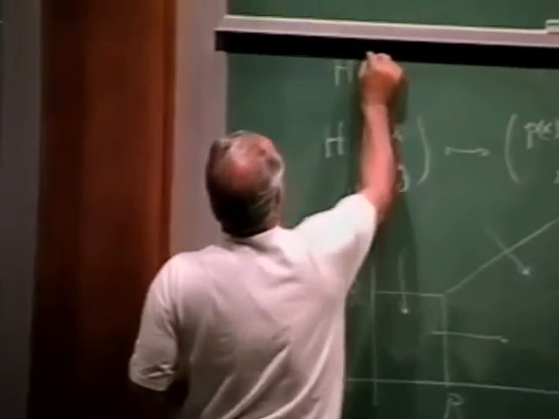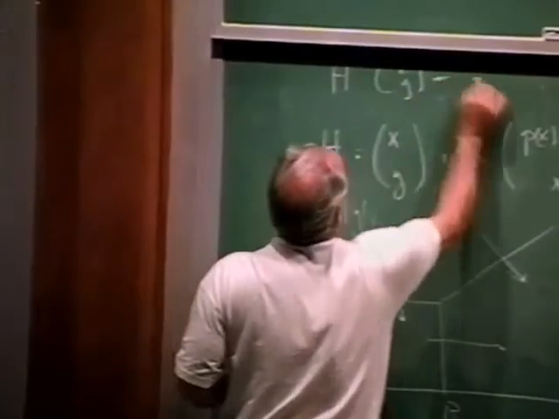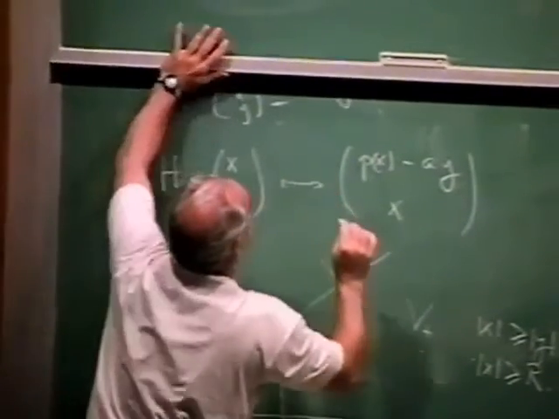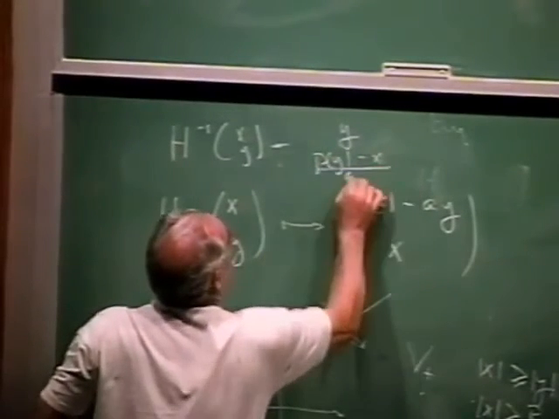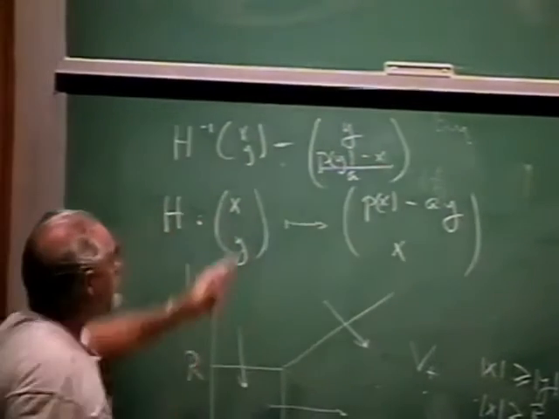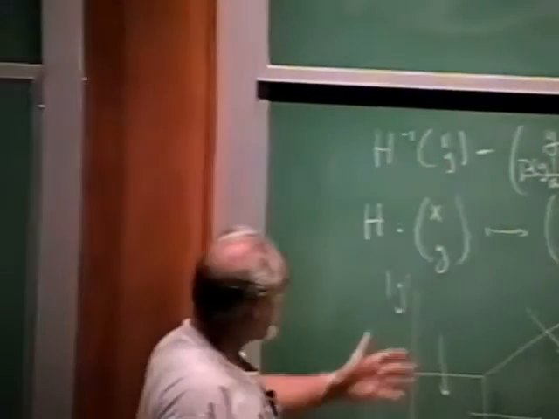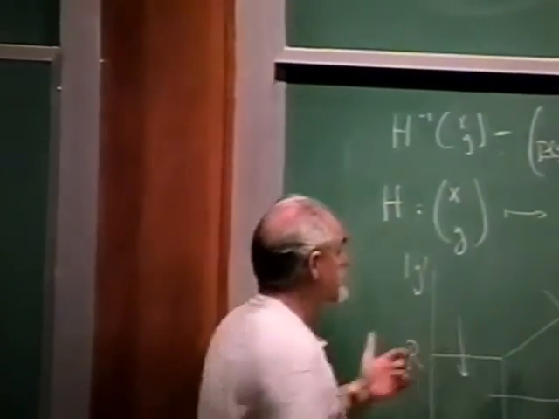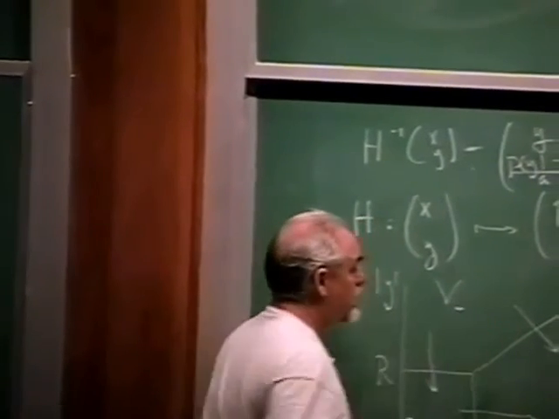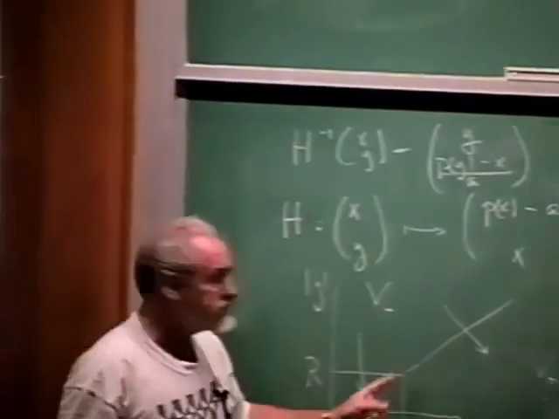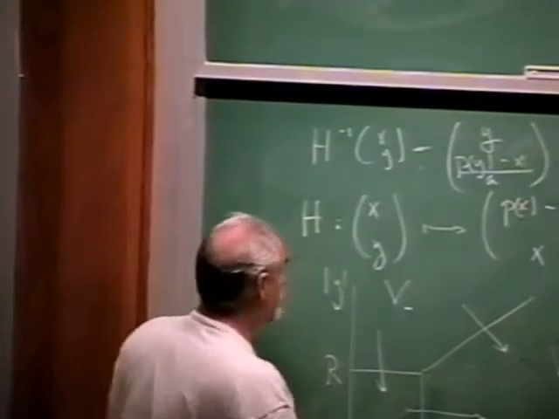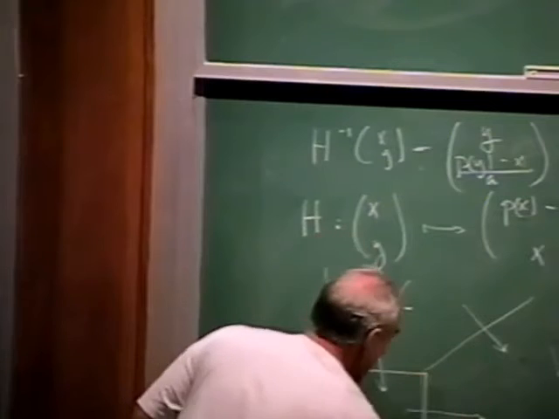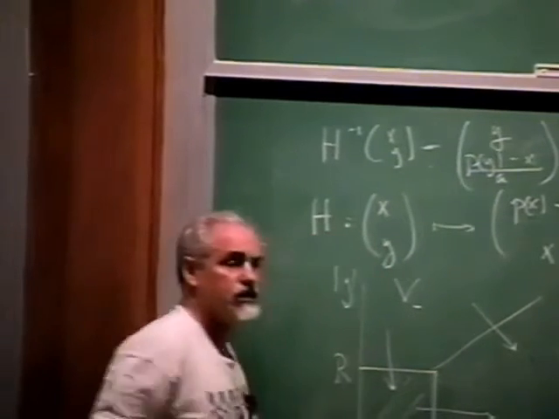And points in this region will march off to infinity. There's a formula for H inverse. H inverse of (x, y) is equal to (y, (p(y) minus x) over a). And the consequence of this is that the set V minus, which is described by similar inequalities, is invariant under H inverse. In particular, all of the really interesting dynamics is happening inside here. So that if I make the definitions,